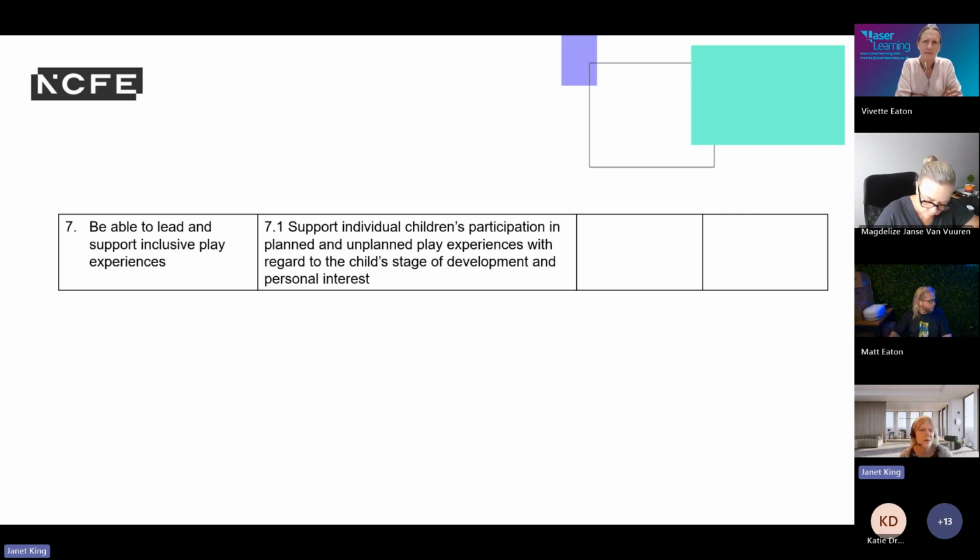So I want to measure the impact and the success of it. How am I looking at this? So children's participation in planned and unplanned play experiences will tell you a lot about their needs, about their interests, and about what's going on within their own child-centered play development. And again, constantly reflecting on that because it evolves, and what we think might be really of real interest one day, the next day it's kind of, oh, put those out and I've made those available for self-directed play, and actually there was no interest.